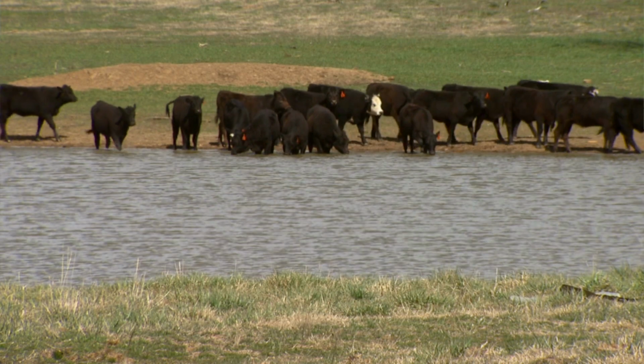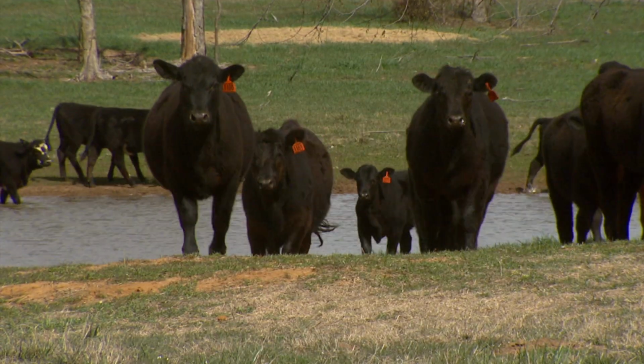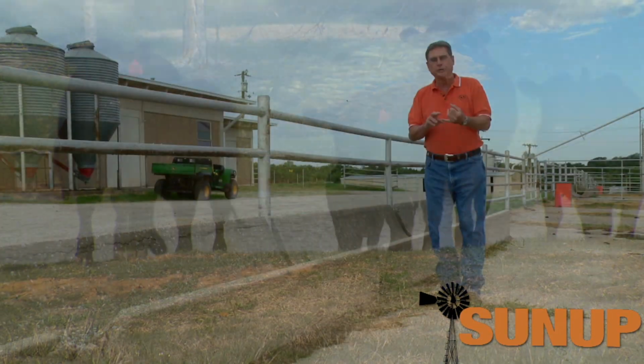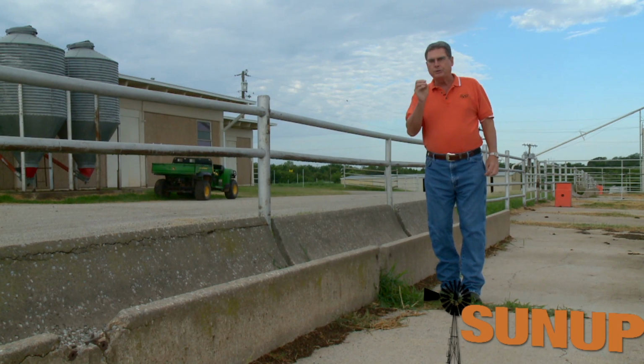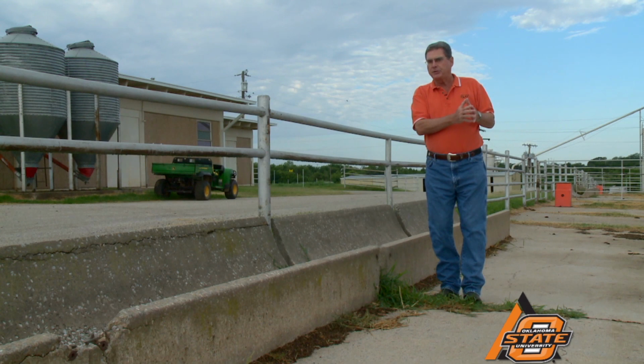So as we're going into the last part of summer, if you've got some fall-born replacement heifers that you're going to breed for the first time this fall, I would really consider using that Oklahoma Gold supplement program and deworming those heifers in late summer so that you've got the most additional gain on those heifers to where you have the highest percentage of them cycling and ready to breed at the start of the breeding season in November and